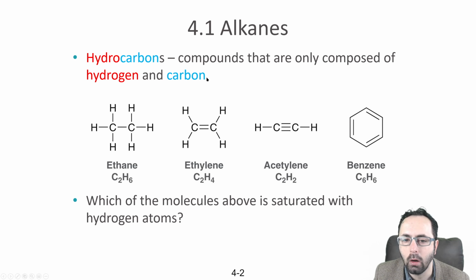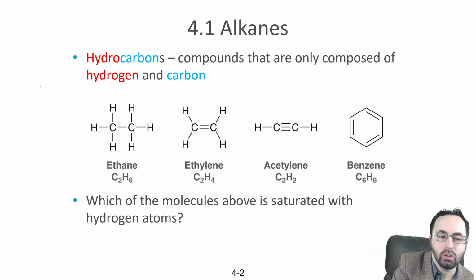Hydrocarbons in general are compounds that are composed of only hydrogen and carbon. And these include alkanes, alkenes like ethylene, which is its common name, or its systematic name ethene, acetylene, which is its common name, or its systematic name that we will call it, ethyne, and benzene. So these are all hydrocarbons, but we're going to be focusing on the alkanes. The alkanes have only single bonds, meaning they have the maximum number of hydrogens attached, and so we say that this molecule is saturated.